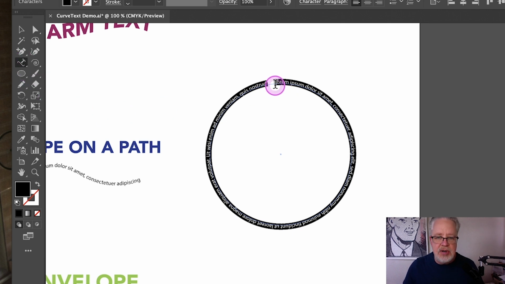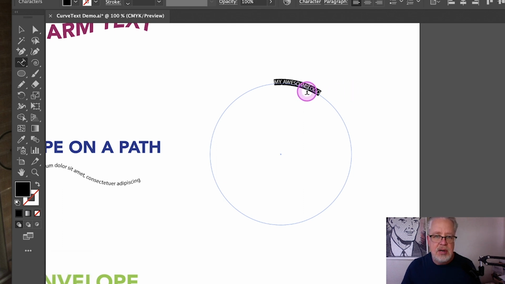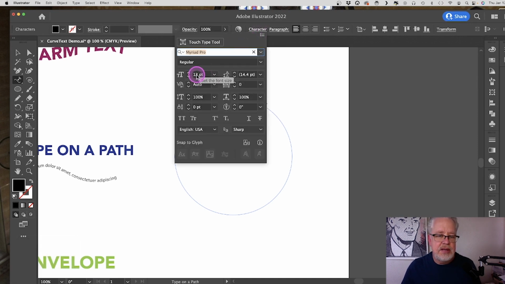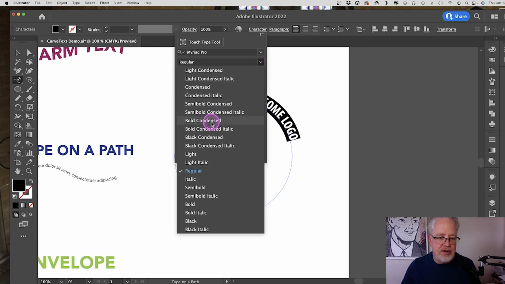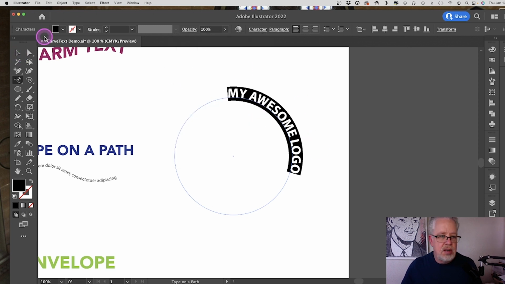So I want to do something bigger here. For purposes of what I'm showing you, let's say my awesome logo, and let's make that a lot bigger. Go up here to character, and in my character panel, I can click on the type size and just use my mouse button to scroll and make that text larger. And then I'll also choose a bolder font for that too. Okay, so